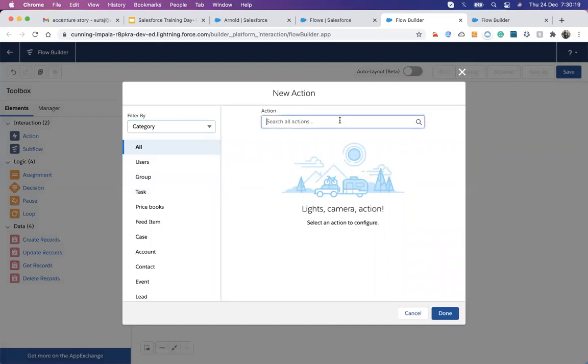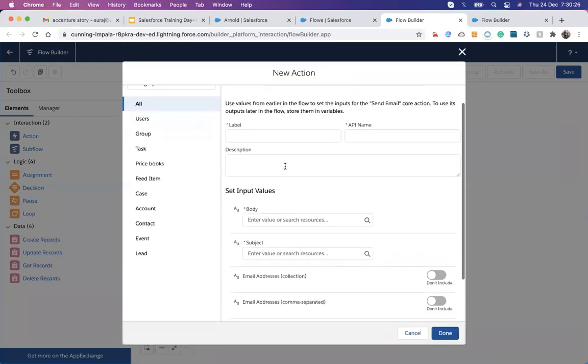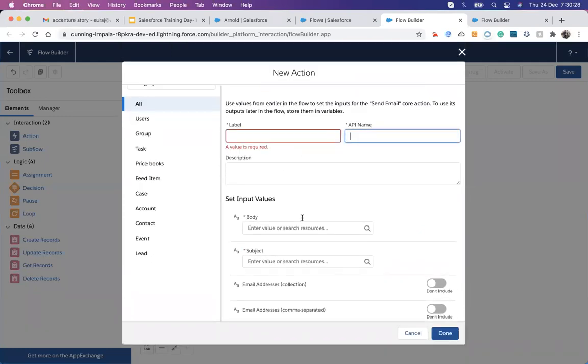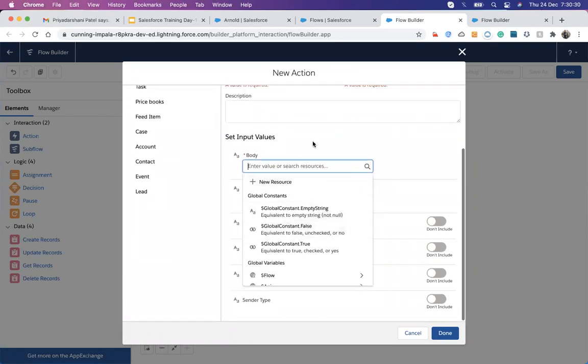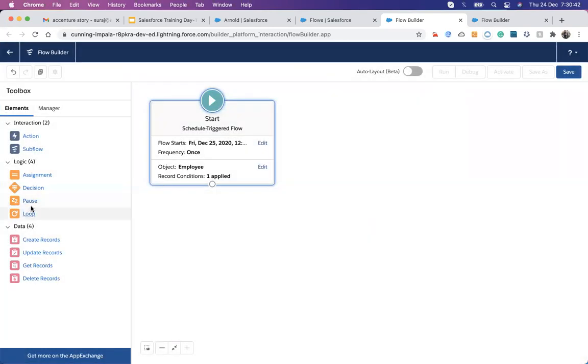In the action, I have to send an email. So I will choose send email. In that, I will design the label, API name, the body, subject, and email addresses. The email addresses should come from our employee record. So for that, we need to use the loop.